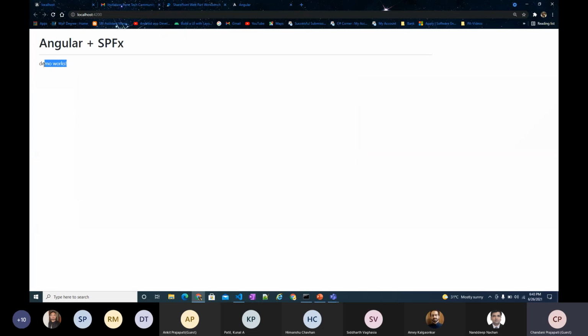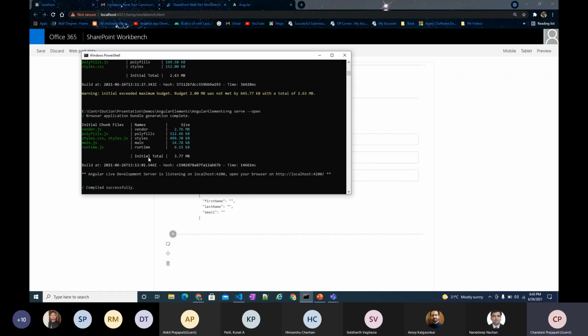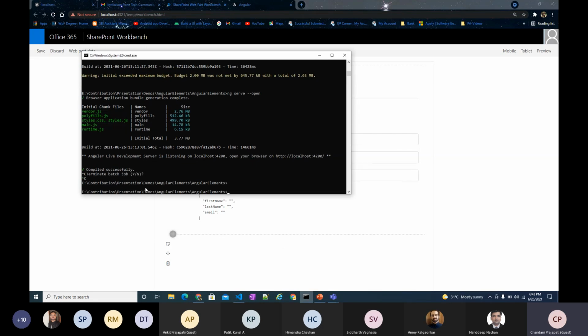See, there is only demo works, but in SPFx all the changes are also here. So whenever we make any changes in the app component, we have to run npm run bundle. Then the changes will be reflected in our SPFx web part.